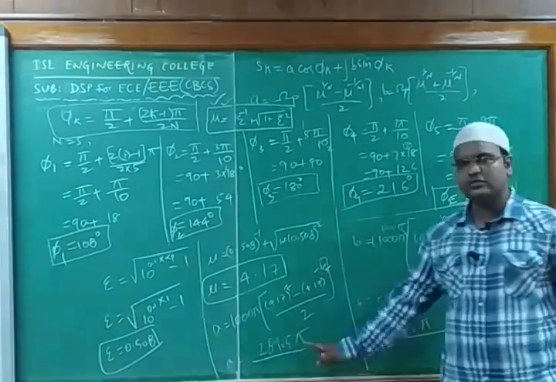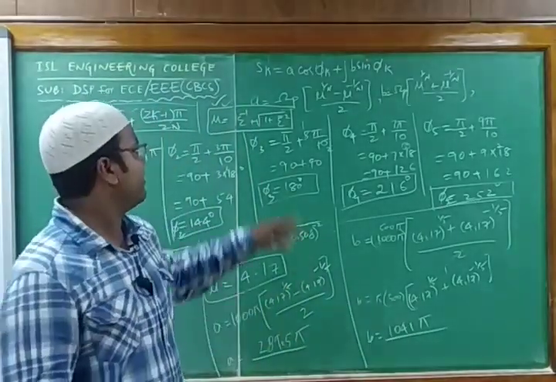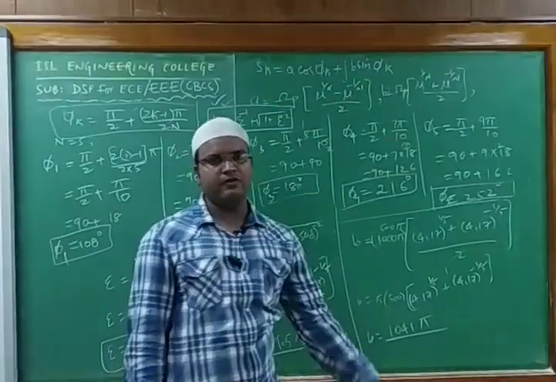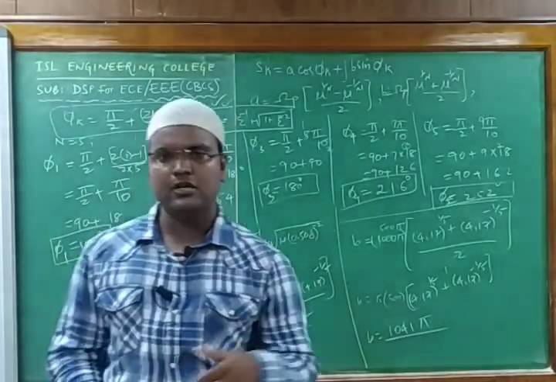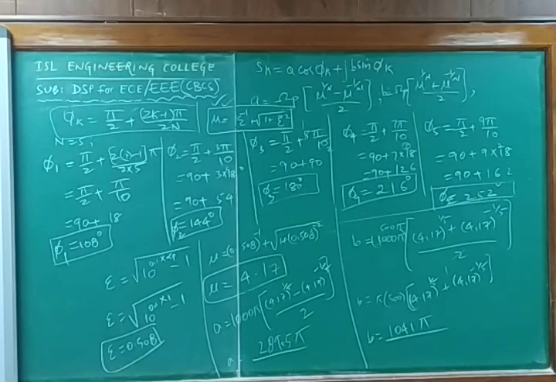So what did we find, students? We found A and B. What is required next? They require us to find SK. To get SK, A cos phi k plus jB sin phi k, we will put it in. But before doing that, just note it down. I'll wait for 5 seconds. Note down these whole parameters. Then we'll directly proceed with finding the value of SK. You need to keep phi 1, phi 2 and all those, and you will get S1, S2, S3, S4, S5. So we'll get the phi value for S, which is nothing but our pole factor.